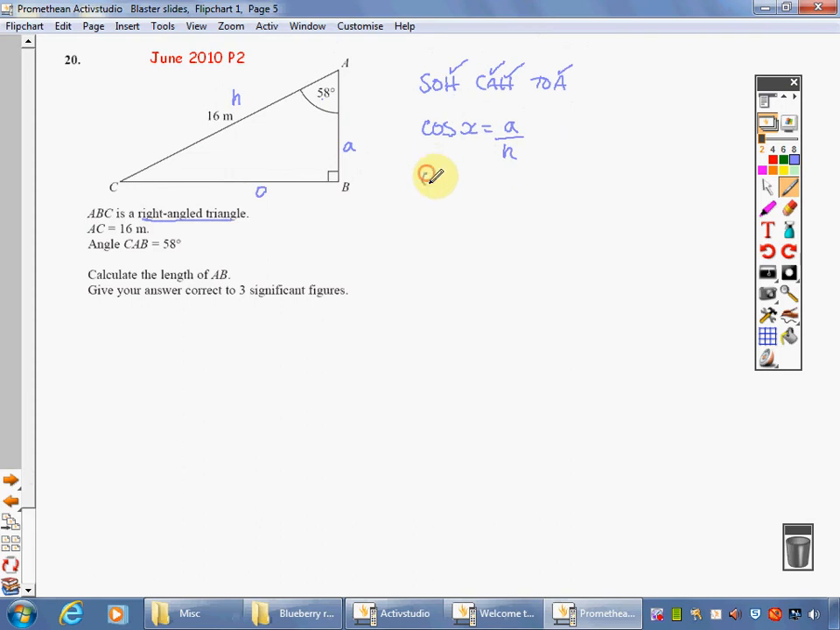Next stage, fill it in with my particular triangle. Cos of 58 will be equal to A over 16. Rearrange: 16 times the cos of 58, I ought to put that in brackets really, is going to be equal to A. If I use my calculator for that, I will get that A equals